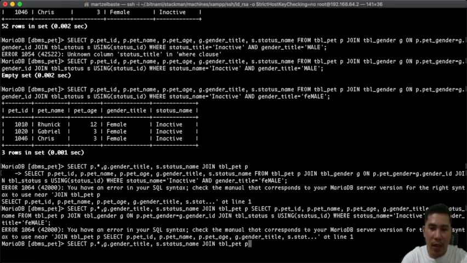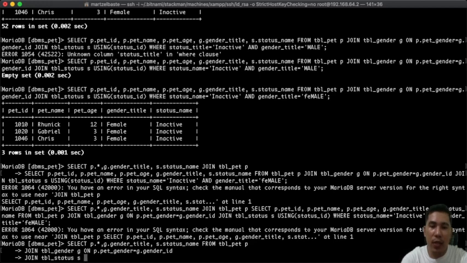So, select from TBL pet P, okay, join TBL gender G, on P dot pet gender, oops, spelling, pet gender equals G dot gender ID, okay, and then join TBL status